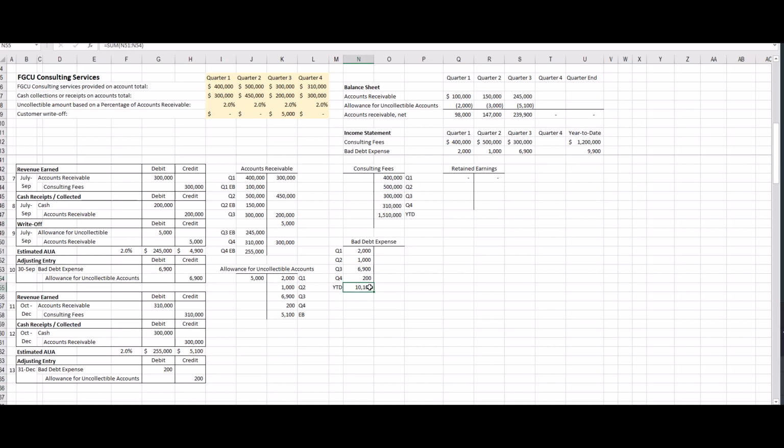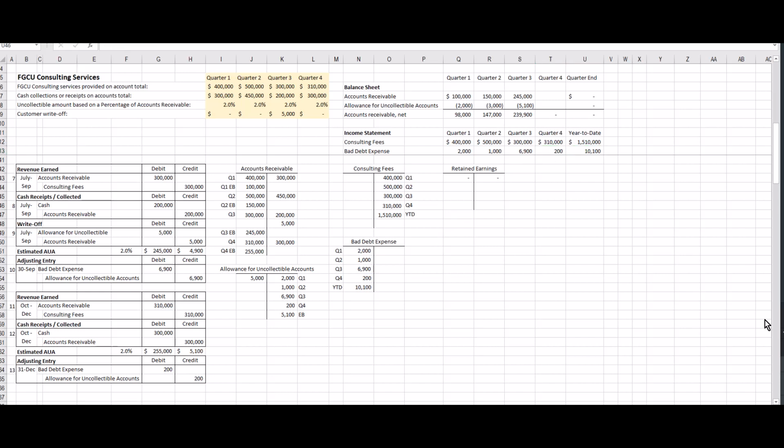The allowance for uncollectible account balance is now $5,100. The income statement now reports consulting fees for the quarter of $310,000 and $1,510,000 for the entire year. The bad debt expense for the quarter was $200 and